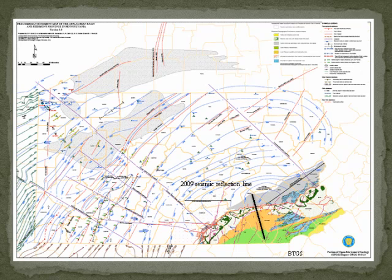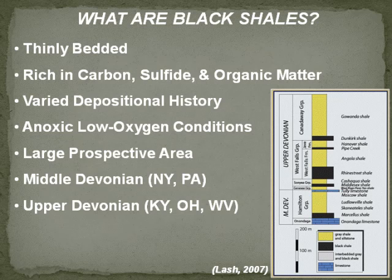So let's take a look at black shales here. Next slide. We're talking about Devonian black shales here, and they tend to be relatively thinly bedded, rich in carbon, sulfide, and organic matter, which means that they were anoxic, low oxygen conditions. It's like a mucky, nasty swamp that has a lot of hydrogen sulfide. It's high in sulfur, and you usually tend to avoid things like that because sulfur is a sure tip-off that you're